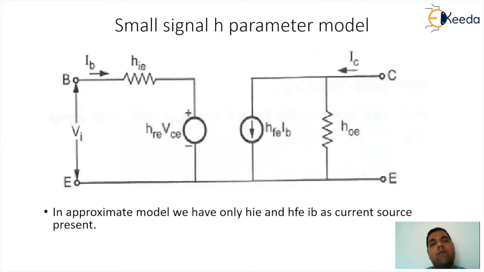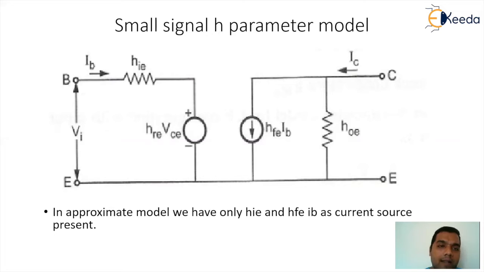The next model, what we are trying to interpret here, is defined as the H parameter model. Now, this is the concept of two-port networks where we have various types of parameters: Z parameter, Y parameter, ABCD parameter, and H parameter. So from that, we are picking up the concept of H parameters for the H model. So that is what we mean by the hybrid model of BJT under common emitter configuration. It will have in all 4 parameters: HIE, HRE, HFE, and HOE.